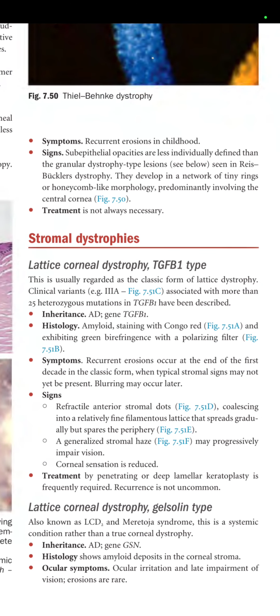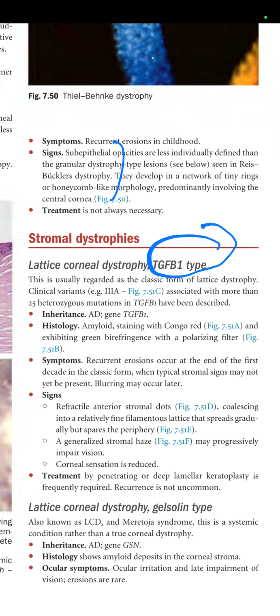So the stromal dystrophies include lattice corneal dystrophy, TGFB1. The TGFB1 gene is very important. It is basically involved in most cases of corneal dystrophy. This is usually regarded as the classic form of lattice dystrophy. Clinical variants, 3A, associated with more than 25 heterozygous mutations in TGFB1 have been described. Inheritance is autosomal dominant, gene TGFB1,